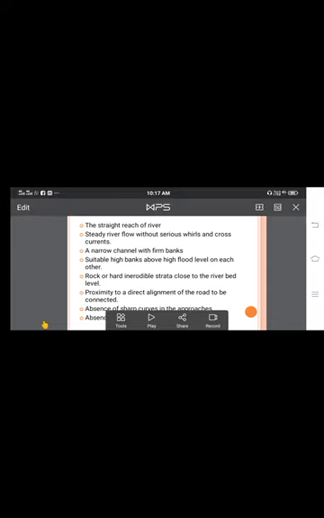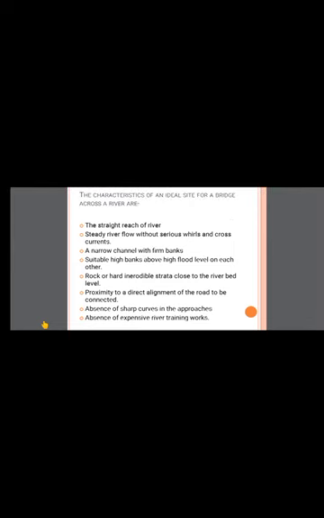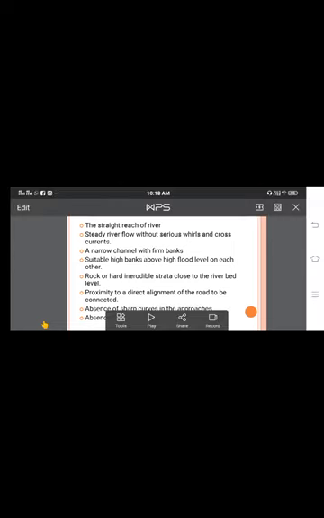Okay guys, I hope you are all clear with the classification and the site selection for bridges. This is a small part of your syllabus, and I will discuss the syllabus also in one of my videos. This is not very important, but whenever we design bridges we should at least know the classification, the different types of bridges, and the function and purpose of the bridge. These are the basic things about bridges.